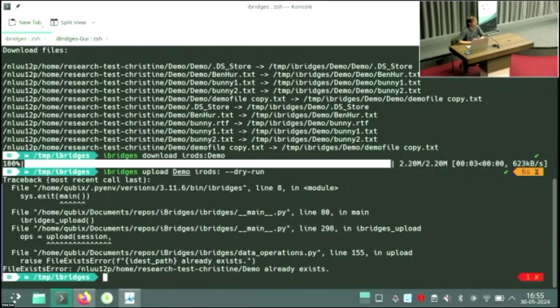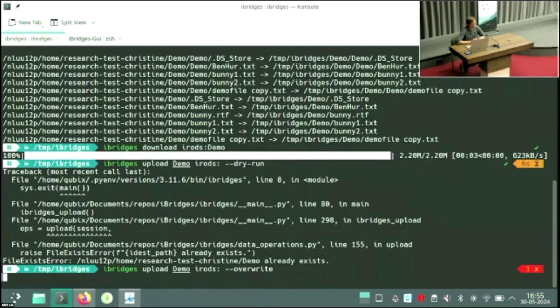That's also one of the design principles that we're trying to work with in iBridges: to make it as safe as possible for researchers. We want researchers to have the least possible chance of overwriting data that they don't want overwritten, deleting data, etc. So that's also one of the reasons why we don't have a remove command currently in the command line interface. In the API you can do it. But we can still do this if we use overwrite.